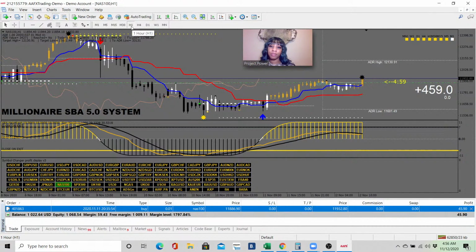When I got in, the market rose up and then it continued to rise up and then it fluctuated for a while, but I felt really, really comfortable in my trade because I know this star bar arrow system works. And I just want to see what it's like to hold the NASDAQ 100 for the long haul, for hours, for days, and see where